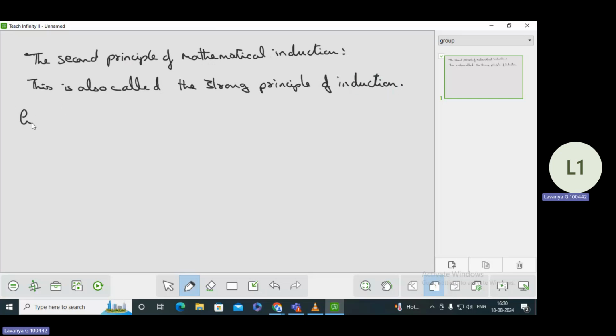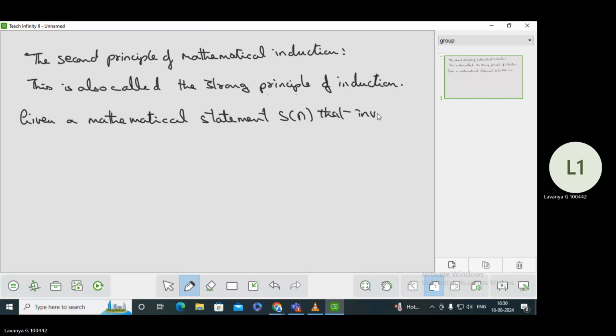Given a mathematical statement S of n that involves one or more occurrences of the positive integer n